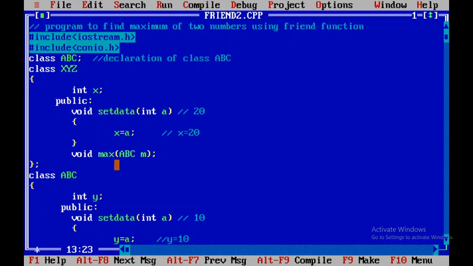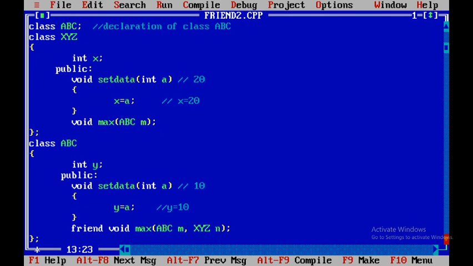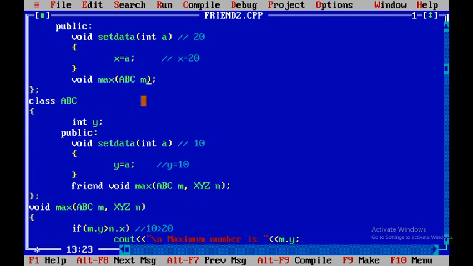So listen here, I am making a change. Max is now a member function of class xyz, and in abc I want this max function as a friend. But as it is a member function of xyz, I am adding xyz, scope resolution and max.